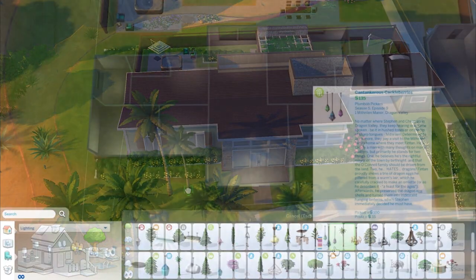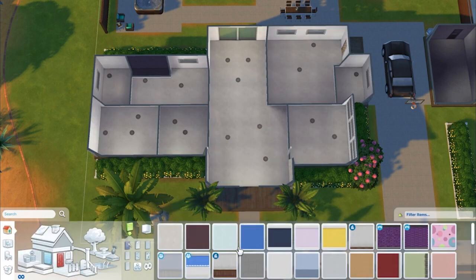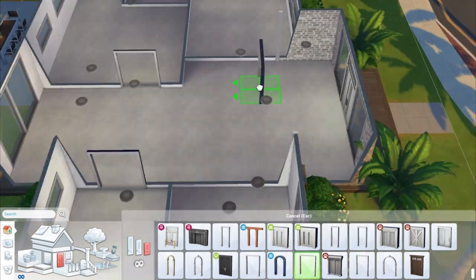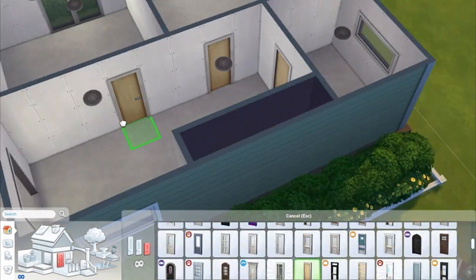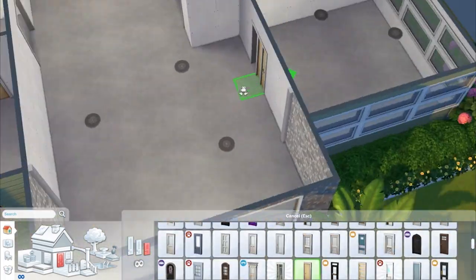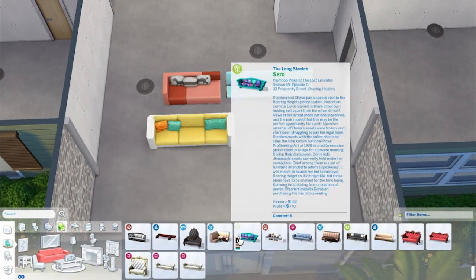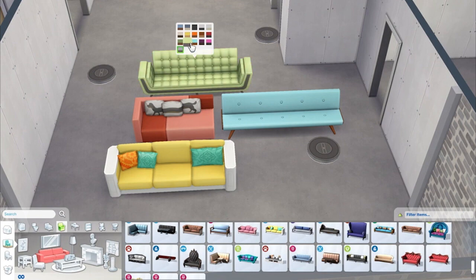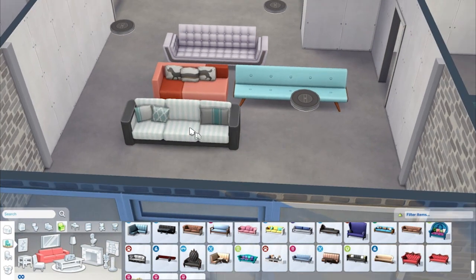But anyway, so you can see now that I am starting to work on the interior of this build. I'm working on the main living space, which consists of a formal living space and also a small dining room, and it's pretty casual. I use a lot of stuff from Get Famous in this living dining space, and I just absolutely love these